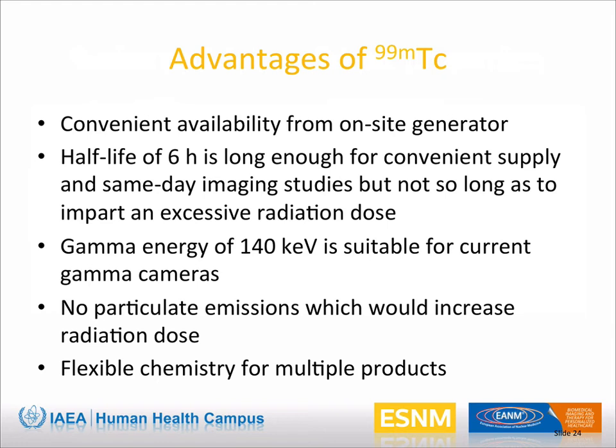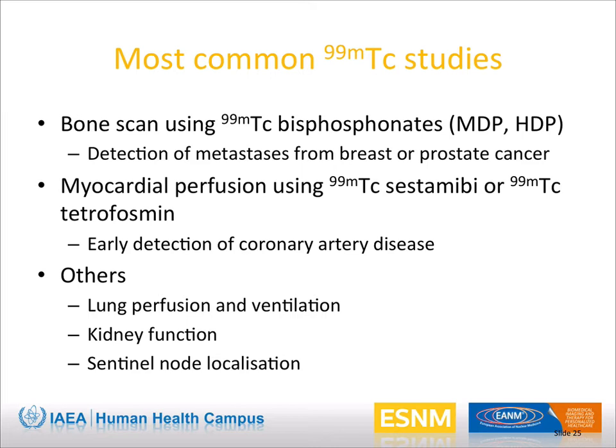It's a high enough energy that it gets out of the body without too much attenuation or scattering, and yet is easy to detect with the crystal in the camera. There are no alpha or beta emissions, which would increase the radiation dose without giving any more diagnostic information. And the chemistry is not simple, but it can be tamed, and a variety of complexes can be made with technetium-99m. The most common technetium studies are the bone scan using bisphosphonates, mainly for detection of metastases from certain primaries,